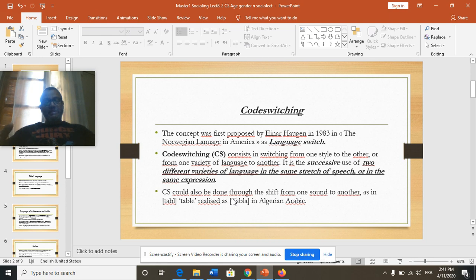Now, in matter of style, sometimes we use the concept style shifting instead of code switching, particularly if we are moving from one style into another in the same language. For example, we say we are moving from modern standard Arabic into Darija. Darija is Arabic, Algerian Arabic, for example. And we are talking in modern standard Arabic, then we move into Darija. So here we are not code switching as we switch from one language into another, but we are moving from one style, which is formal style, into another, which is an informal style.